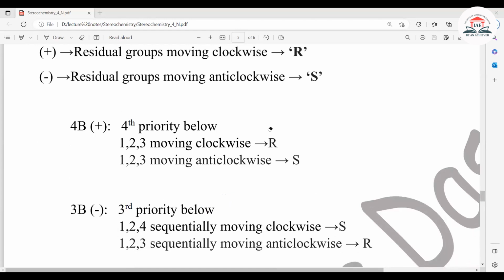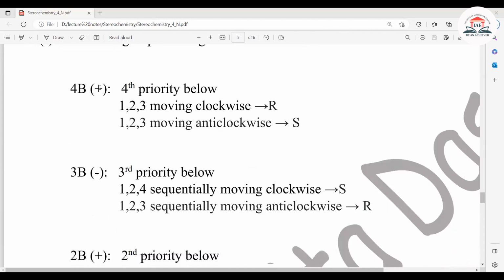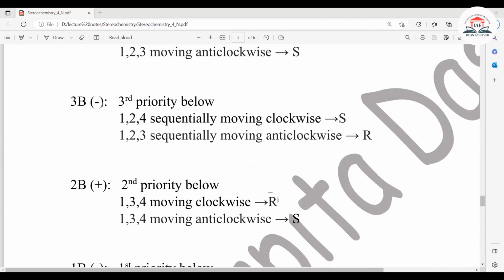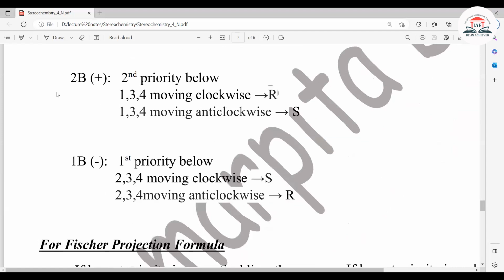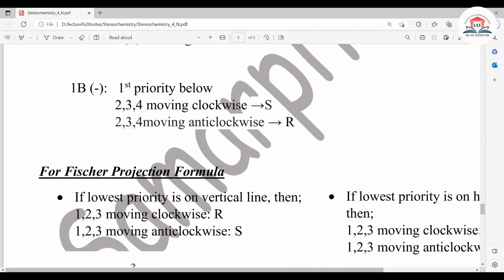থার্ড প্রায়োরিটি বিলো দা প্লেন মানে দেখ আমি এখানে সব লিখেই দিয়েছি আলাদা করে, খালি ওই জায়গাটায় ভুল আছে, বাকি এগুলো ঠিক আছে। ফোর্থ প্রায়োরিটি যদি বিলো দা প্লেন হয় তাহলে প্লাস, প্লাস মানে মনে রাখবি নর্মাল, ক্লকওয়াইজ হলে আর, অ্যান্টি ক্লকওয়াইজ হলে এস। কিন্তু যদি থার্ড প্রায়োরিটি বিলো দা প্লেন হয়, then it is opposite, মাইনাস, তাহলে ক্লকওয়াইজ ঘুরলে হয়ে যাবে এস, অ্যান্টি ক্লকওয়াইজ ঘুরলে হয়ে যাবে আর, উল্টোটা হয়ে যাবে। আবার সেকেন্ড প্রায়োরিটি অ্যাবাভ দ্য প্লেন, তখন ক্লকওয়াইজ ঘুরলে আর, অ্যান্টি ক্লকওয়াইজ ঘুরলে হয়ে যাবে এস, নর্মাল রুল। ফার্স্ট প্রায়োরিটি যদি বিলো দ্য প্লেন হয় তাহলে আবার উল্টে যাবে, মাইনাস মানে উল্টে যাওয়া, ক্লকওয়াইজ ঘুরলে হয়ে যাবে এস, অ্যান্টি ক্লকওয়াইজ ঘুরলে হয়ে যাবে আর।